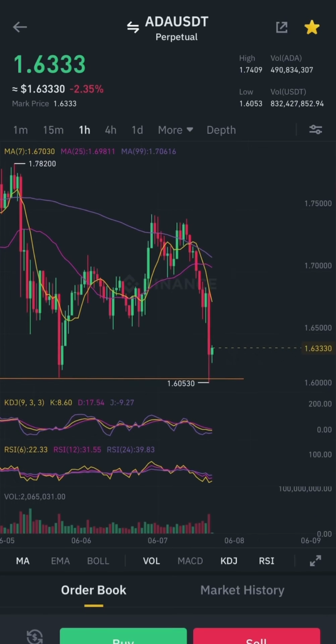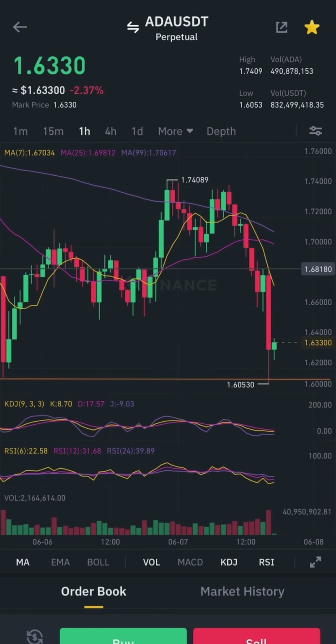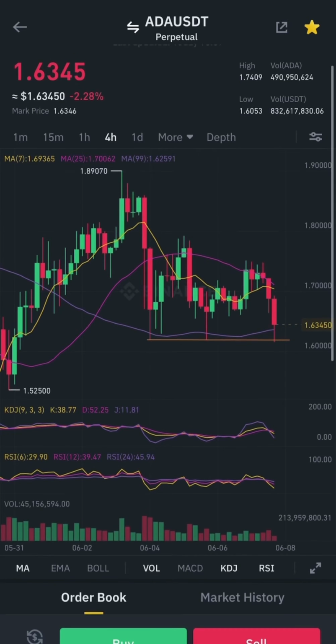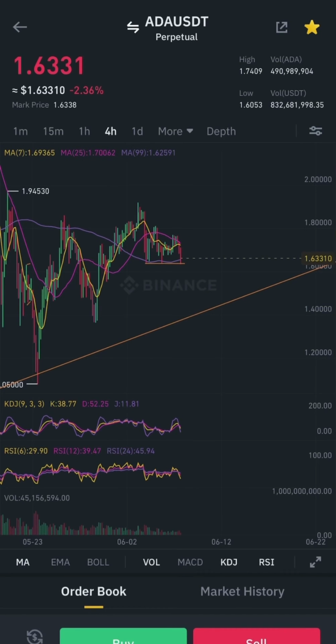Or even if, let's just say, you wanted to go the other way and place a sell order, for example, you could do it from this level here all the way down to wherever it would have come from at the time being. So what we would look for in a long position would be, let me zoom out here on the 4 hour chart. We want to catch it. We want it to break through a consolidation period like here